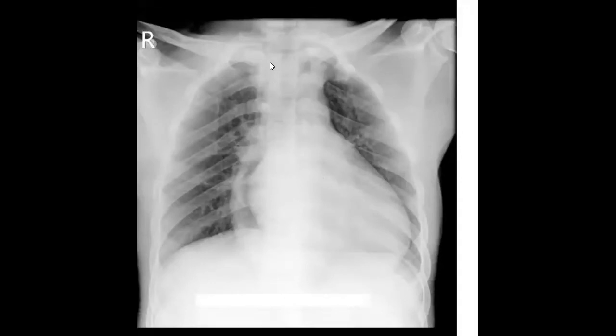It is not an easy one, but if you try to trace the right paraesophageal line, or at least you can see that there is a double density of the right cardiac border. So this is the right cardiac border, but this is another opacity on the right side. If you remember, either it is something related